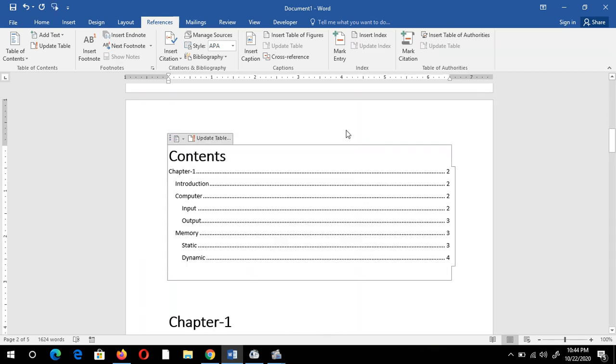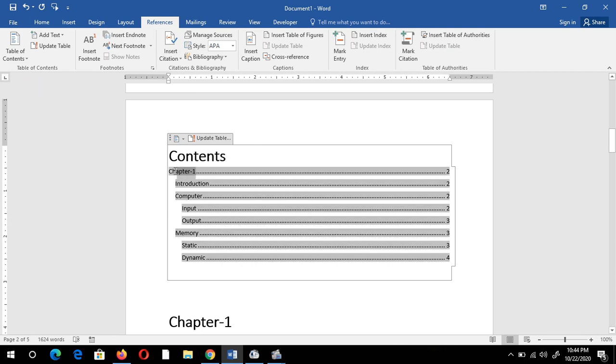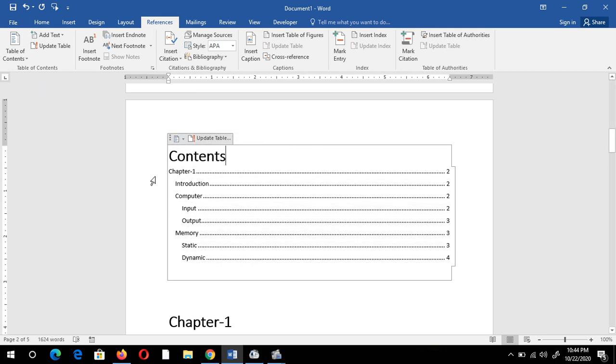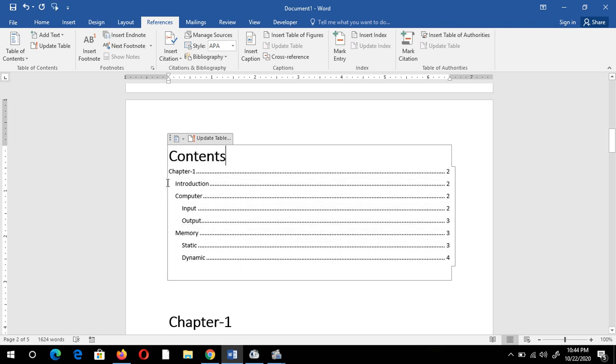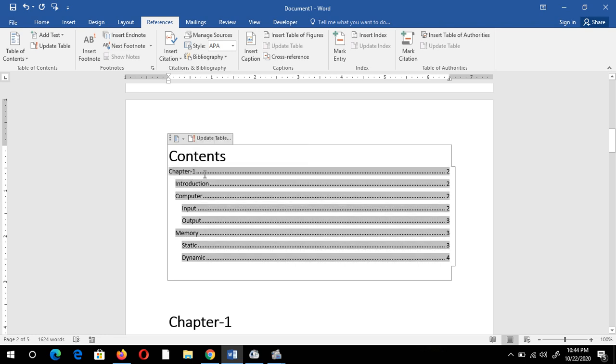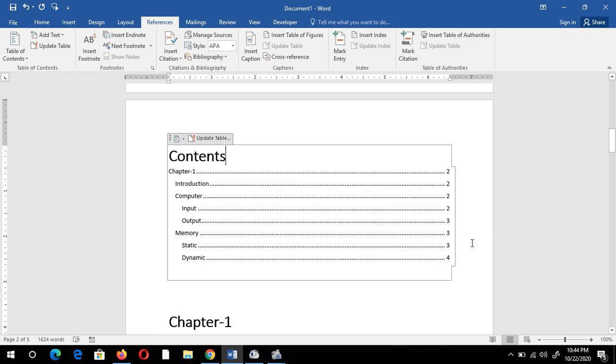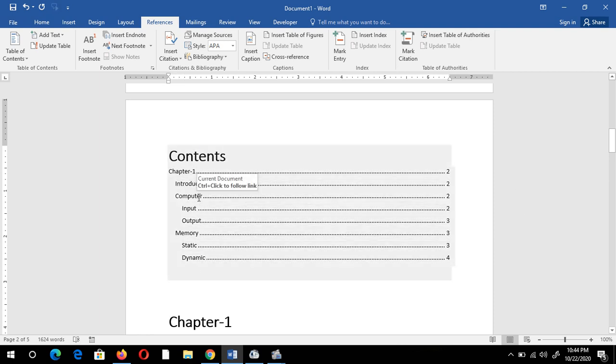Now you can see the table of contents. See, chapter 1 was my Heading 1, so it comes at the top level. Introduction was Heading 2, so it left some space on the left-hand side. That is, chapter 1 is level 1, introduction is level 2, and computer is also introduced as level 2.